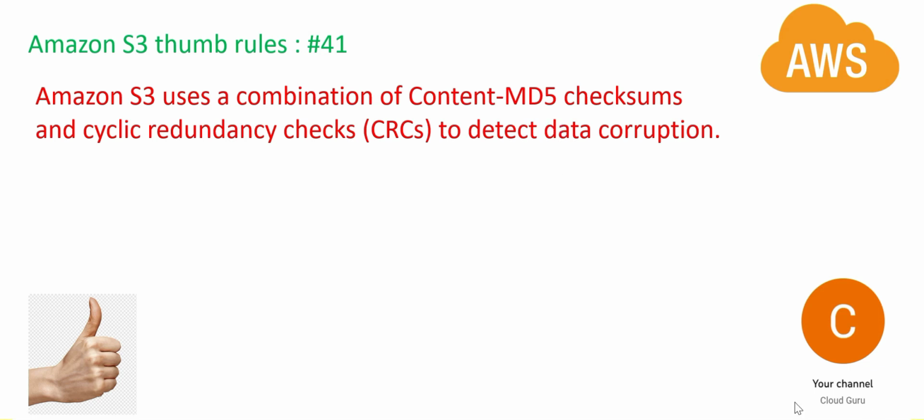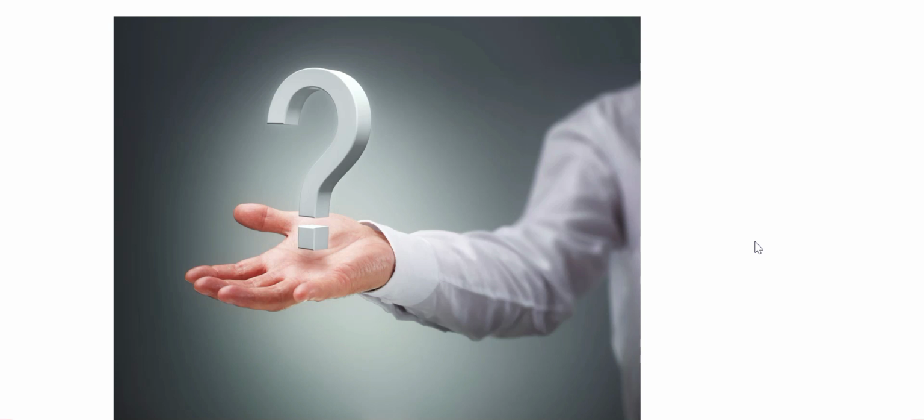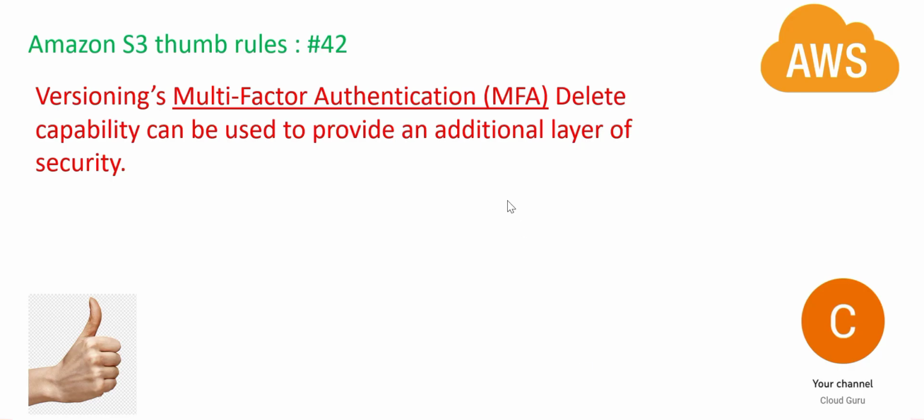Now, like I explained, versioning is one of the ways to prevent accidental deletes. Accidental deletes is a concern when you're having data getting stored in S3. So versioning is one of the ways, but what about the other way? MFA, multi-factor authentication. This is a very important way to stop you from deleting.